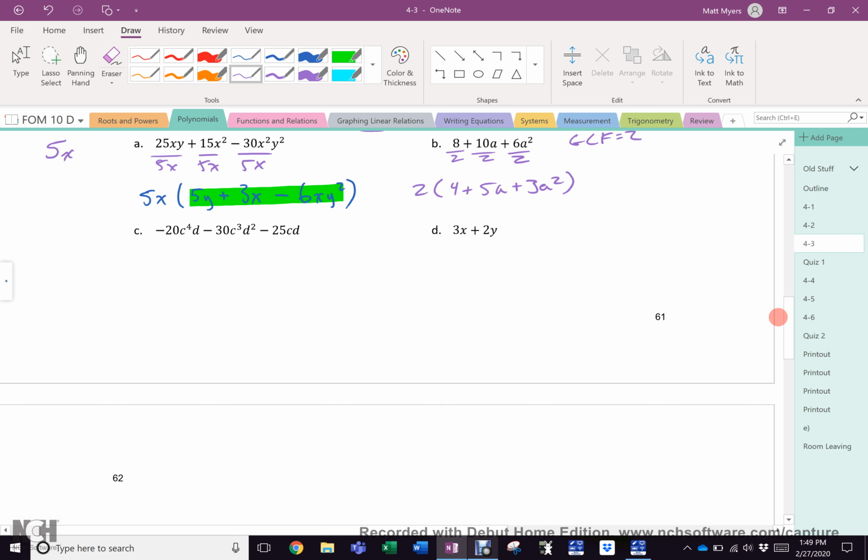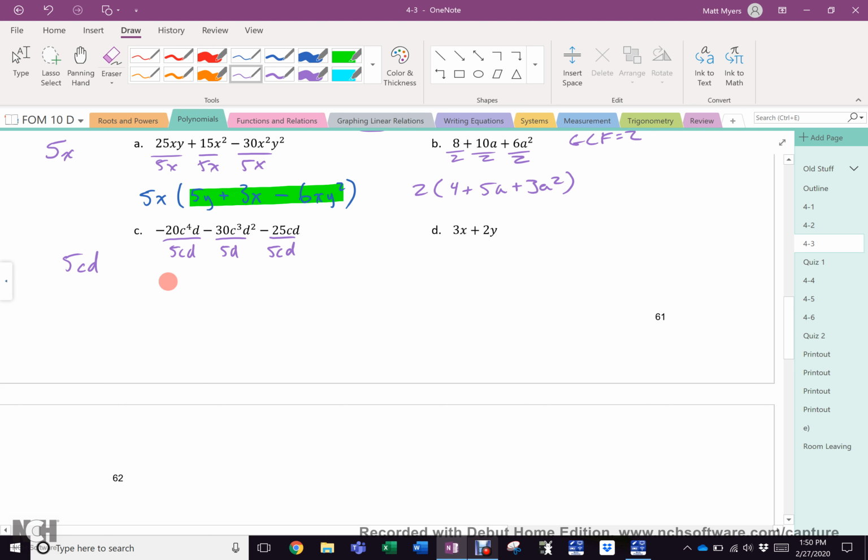Now, okay. C is weird. Because you can all look right away and see what the number is, right? What's the number? 5. What are the letters? CD, right? Everyone agrees? Okay. So if we took the 5 CD right now, which is the greatest common factor, isn't it? Because positive 5 times negative 4 gets me negative 20, right? 5 is bigger than negative 4. We all know that, yes? Right? Okay. So if we were to divide all of this by 5 CD,